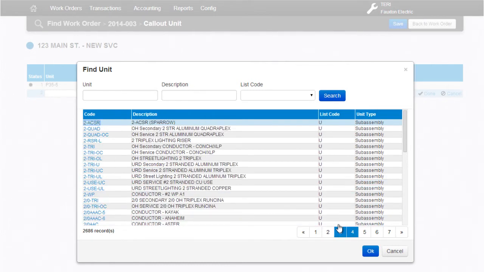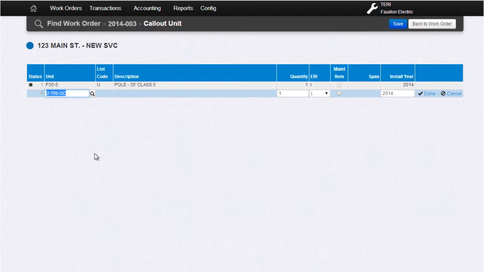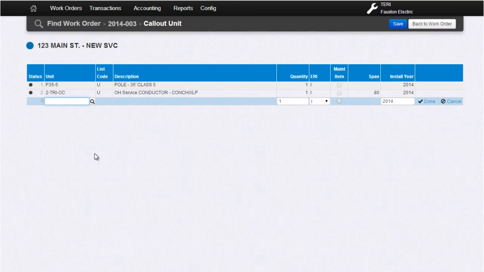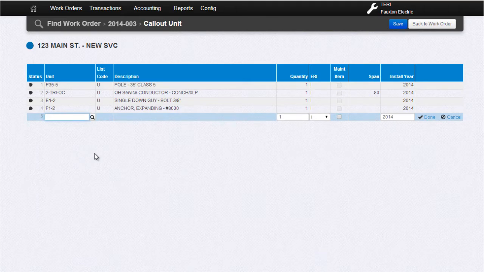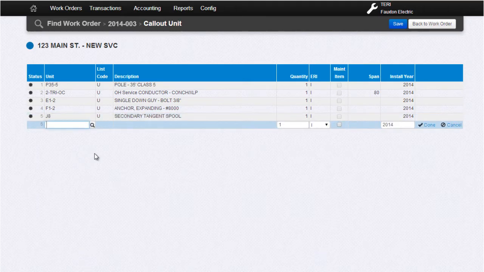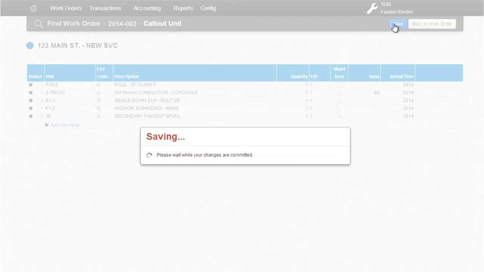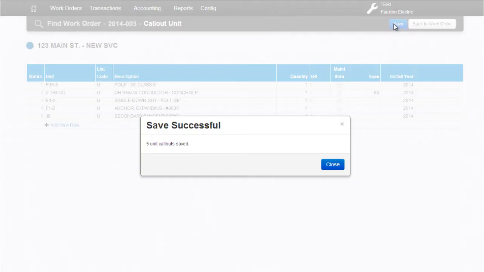Plantworks was designed for and by our customers, so it's flexible and intuitive. You can use the keyboard or mouse to move from field to field. Each one of these units I'm adding is built behind the scenes and directly tied to your general ledger accounts. We'll cover more of that in the next stage of the work order cycle. When I'm finished adding everything necessary to install our pole, I click Save,